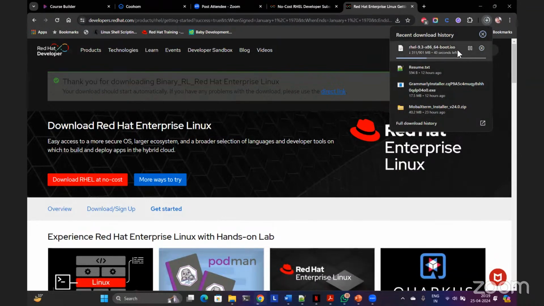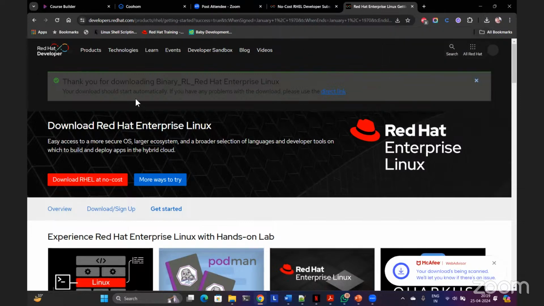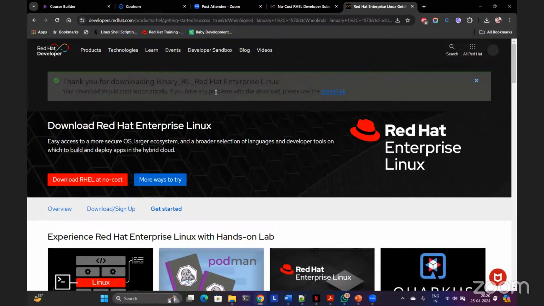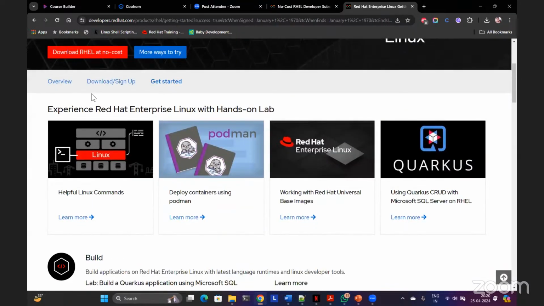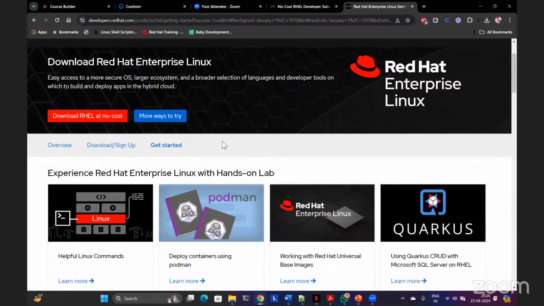Oh, it is downloading boot.iso. No, I'm looking for the proper ISO. So this is not the correct download. Hold on. If the download is less than 10 GB or 9 GB, cancel that download. Okay. So let me check. Why did it start the boot ISO, which is not required? Let me click on download again.